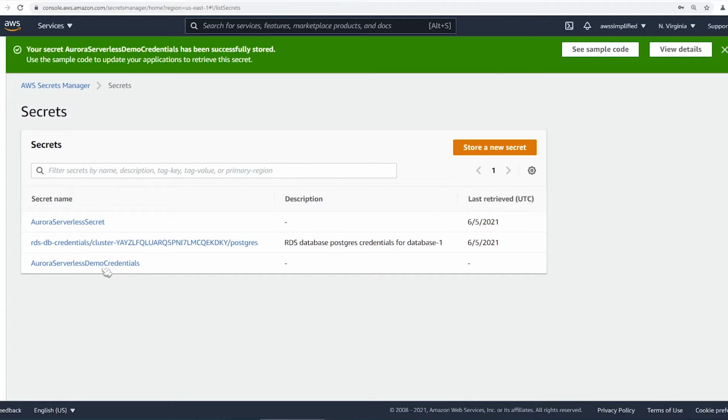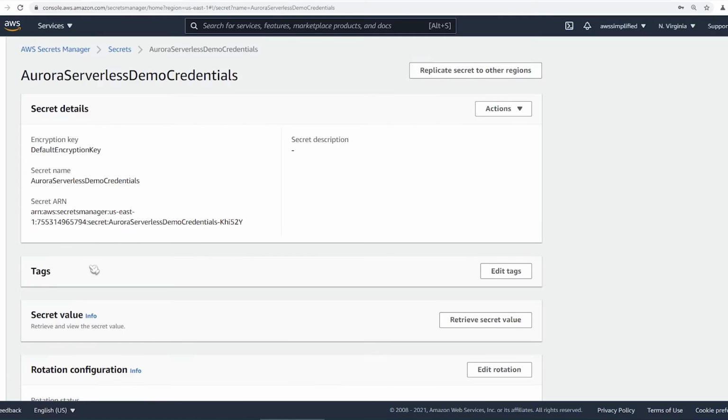All right, so here in the next screen, it gives us back what we just created. So let's just click on this guy. And we can see here now that we have a secret ARN. I want you to copy this to your clipboard and maybe even put it in your notepad because we're going to need this when we try to interact with the database through the data API. And when we modify our code, we're going to have to add the secret ARN in there